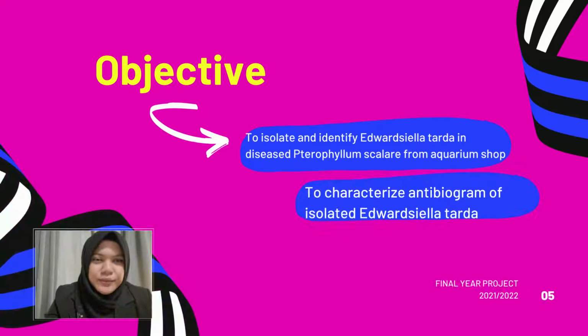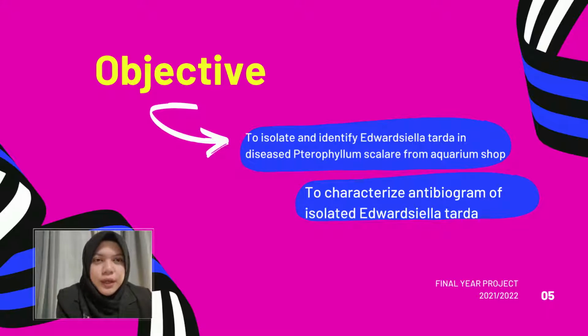There are two main objectives to achieve in this project. Number one is to isolate and identify Edwardsiella tarda in diseased angelfish from aquarium shops, and number two is to characterize the antibiogram of isolated Edwardsiella tarda